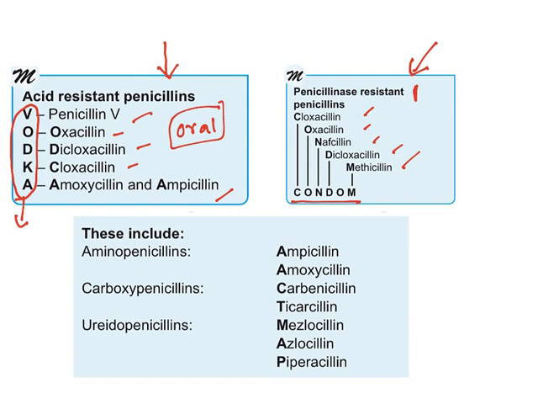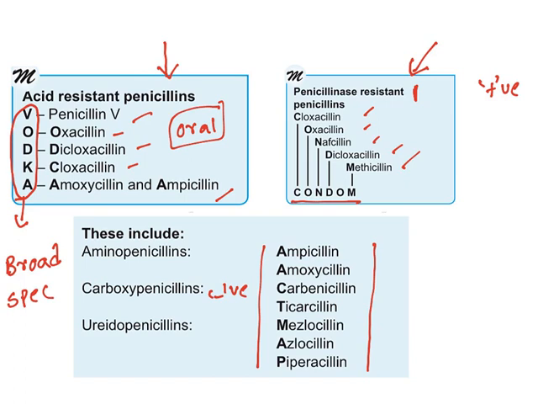Now the next one, penicillin G has got narrow spectrum. So to increase the spectrum, broad spectrum antibiotics were synthesized. All of them have broad spectrum. Penicillin G is effective against gram-positive organisms, and all of them are effective against gram-negative organisms. Not only that, these drugs like carbenicillin, ticarcillin, azlocillin, piperacillin, they are effective against Pseudomonas organisms too. Along with gram-negative and gram-positive, they are effective against Pseudomonas organisms too.